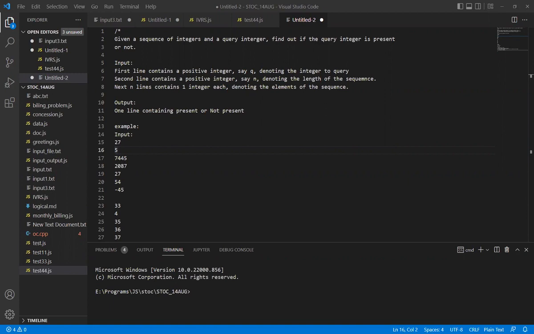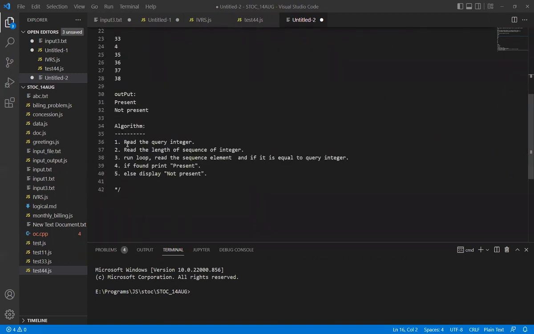Yes, it is an example of linear search. So Raj, is it clear to you now? The problem is clear to you? Respond, please. Quick. Am I audible, right? Yes. Okay. So let us go and convert this algorithm into